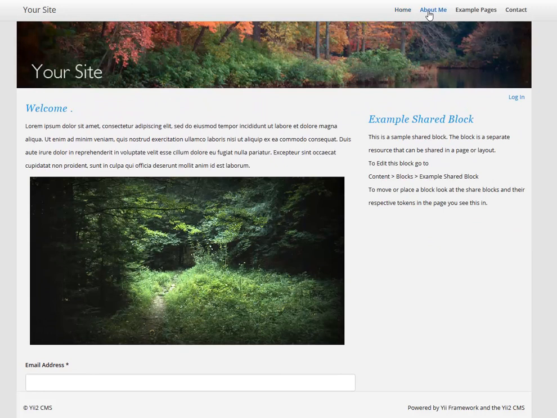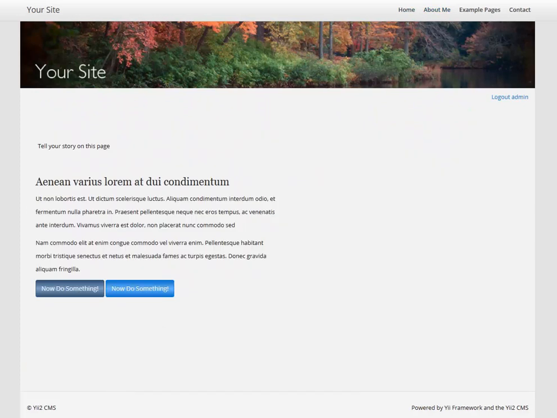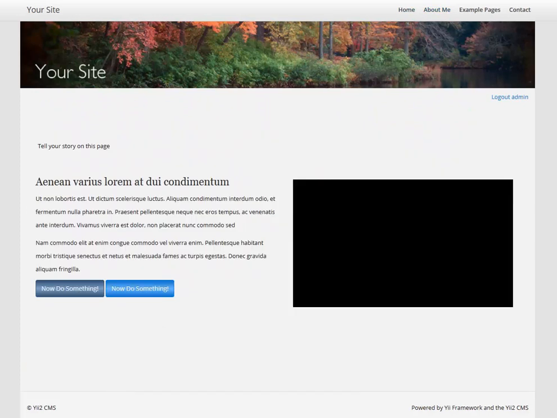And then let me see, I need to actually get to the About Me page. That's where I want to go. I just need to grab this URL. I wasn't sure what it was, and I want to change the form to redirect to this page. It should work. Okay, so